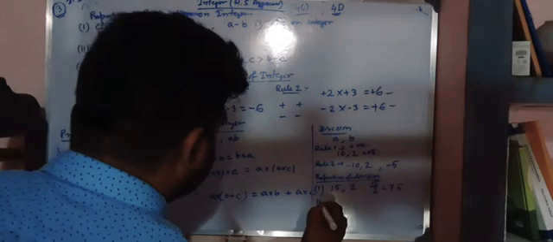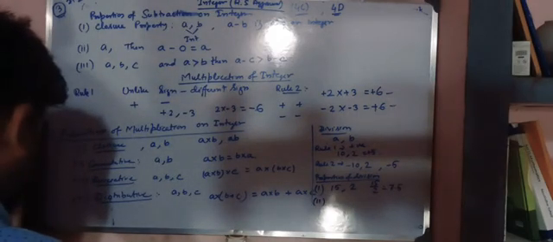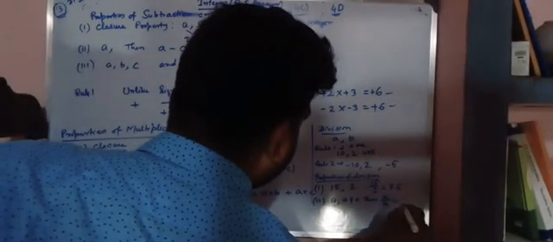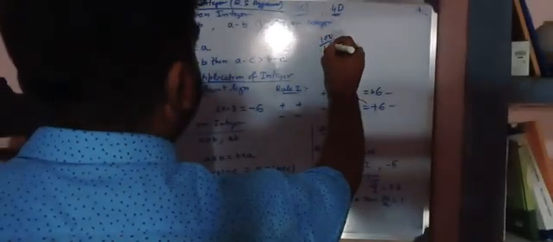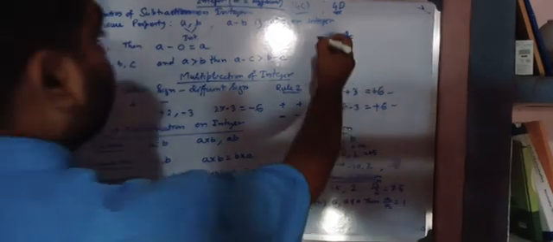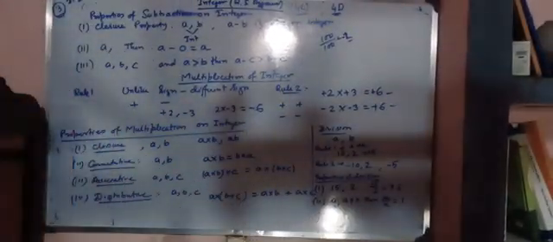Next, the second property. If a is an integer and a is not equal to 0, then a divided by a is always equal to 1. For example, suppose we have 100, if we divide that by 100, we get 1. That always happens. Understood? Now, if the sign is different, then there should be a negative sign. That's a different thing.